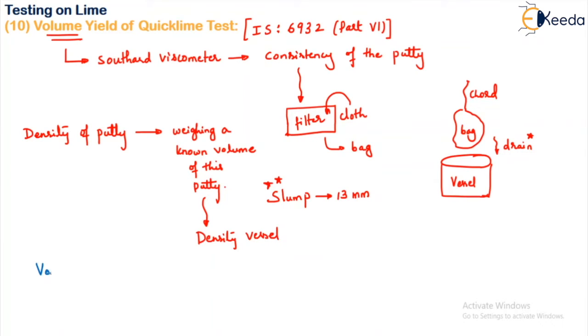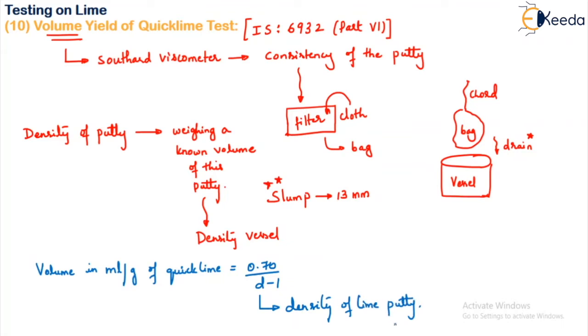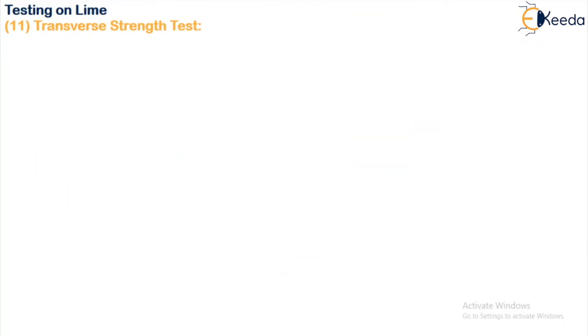So your volume in ml per gram of the quicklime is given by 0.70 by (d minus 1), where d is the density of the lime putty. So this is how we conduct the volume yield of the quicklime, wherein we see how much volume has been yielded. Next test is the transverse